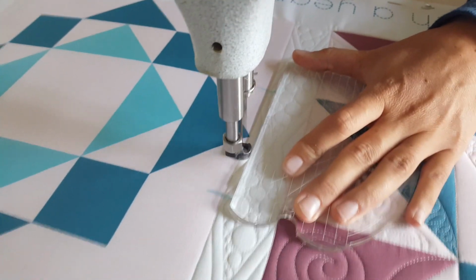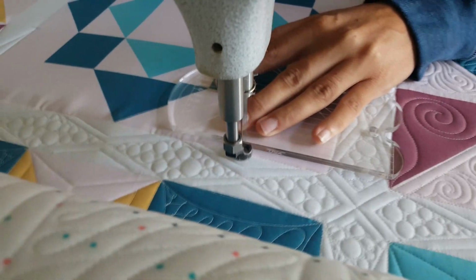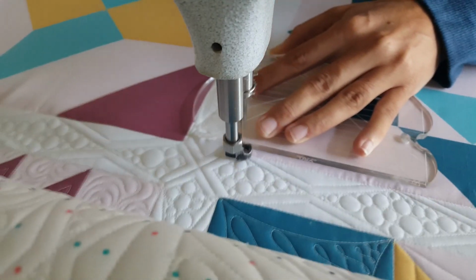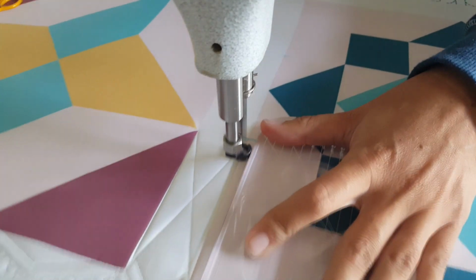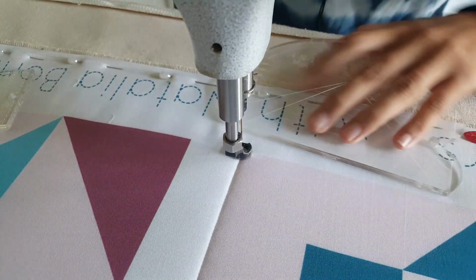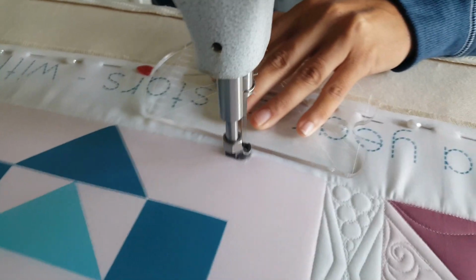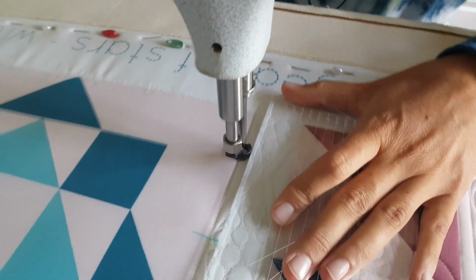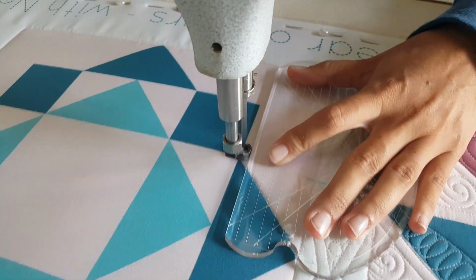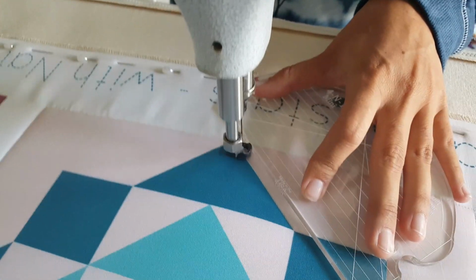I'll start out this quilt block design by stitching in the ditch all the way around the outside. Once I have completed the stitch in the ditch work, now I'm ready to dress it up just a little bit. On this block, I'm going to create kind of a secondary design to make it look like it has a nice frame. So, dividing this block into sections,